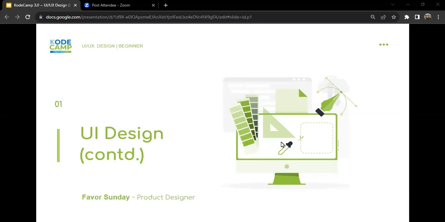UI design elements. So today's class is going to be a very interactive one, and feel free to jot down notes because you're going to need it. Okay. And I also created a slide here to help as a guideline so that you do not easily forget these things. Well, before we start,